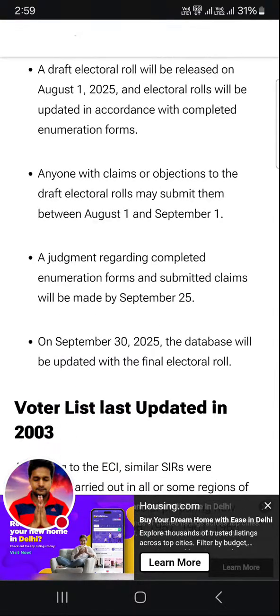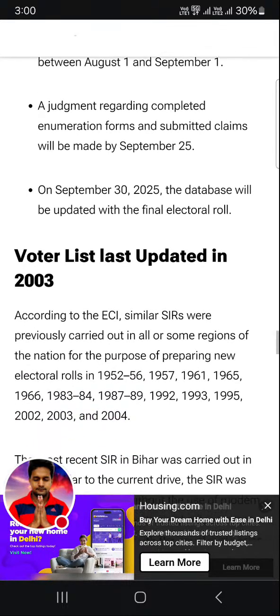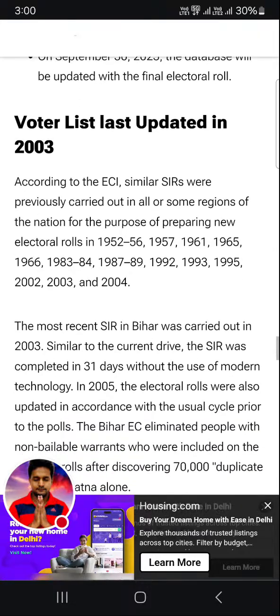Anyone with claims or objections to the draft electoral rolls may submit them between August 1st and September 1st. A judgment regarding completed enumeration forms and submitted claims will be made by September 25. On September 30, 2025, the database will be updated with the final electoral roll, the voter list last updated in 2003.